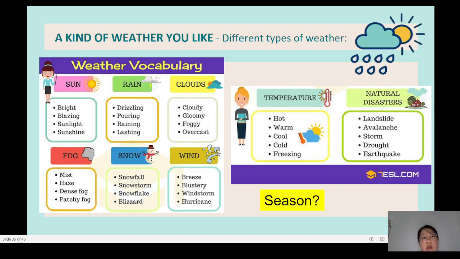Oh, there's one more thing that I want to tell you. You should be aware of the difference between two words. They are weather and season. You must remember that these two words have very different meanings. So